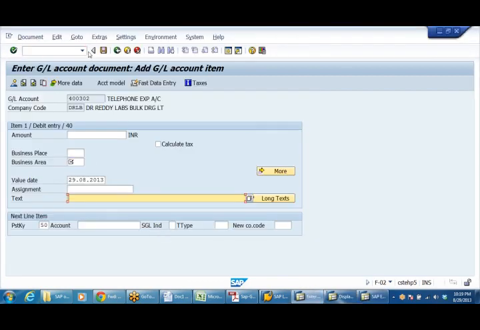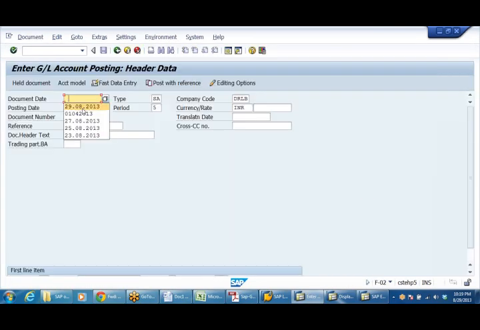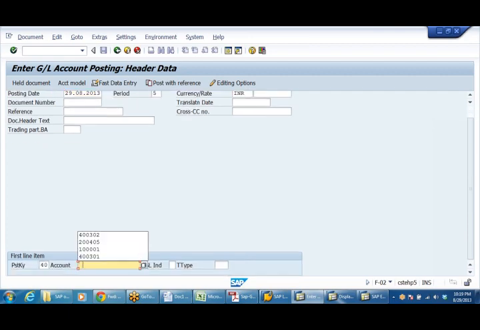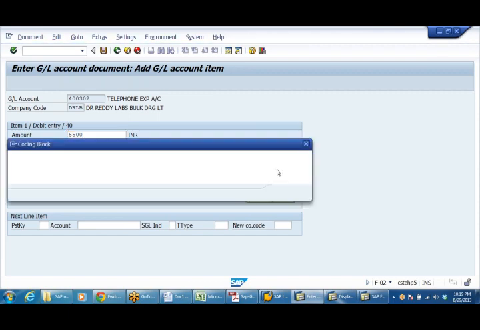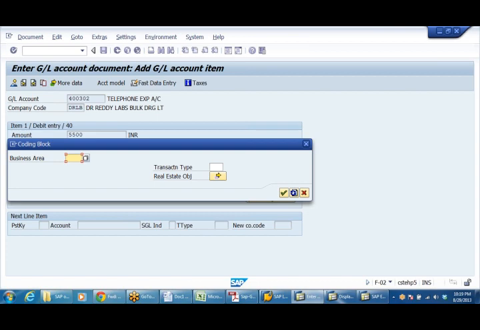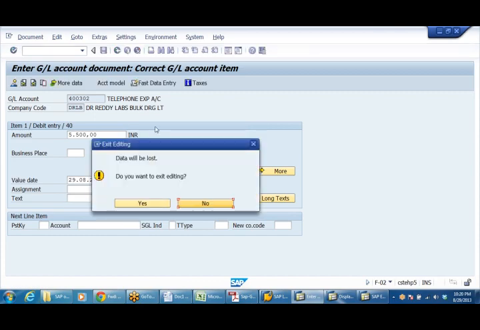So here these fields will disappear now. Not disappear, rather, now it is not mandatory. See, the business area field itself is gone. Of course, it will be available. For example, if I want to post an entry with a business area, I have to write the business area here, say DRH5. Then it will be stored. So we can remove it like that.